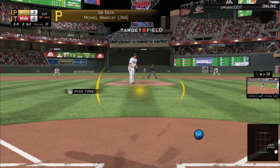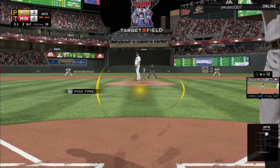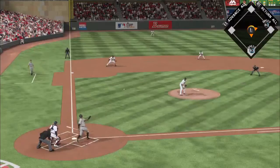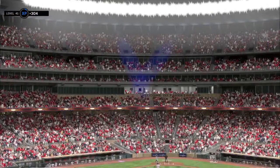Too tight with that one. 3-0. And a good comeback there. It's 3-1. Too short. Reined in. And a close play at the bag, but a good stretch by the first baseman got the...